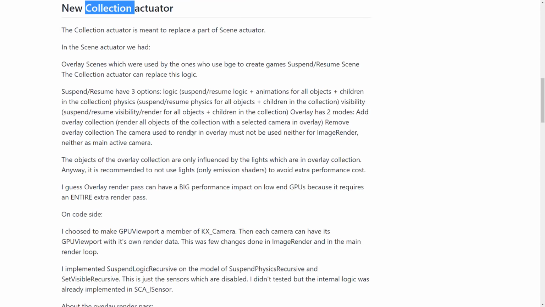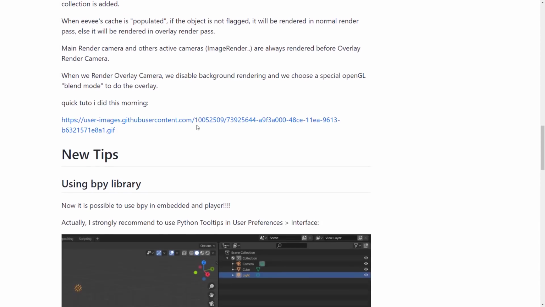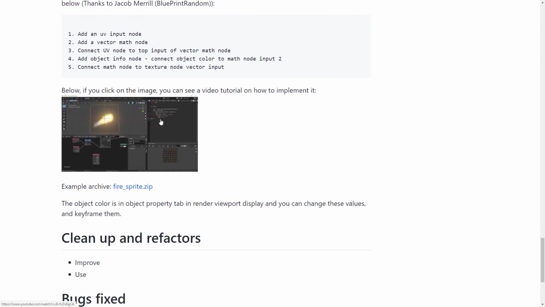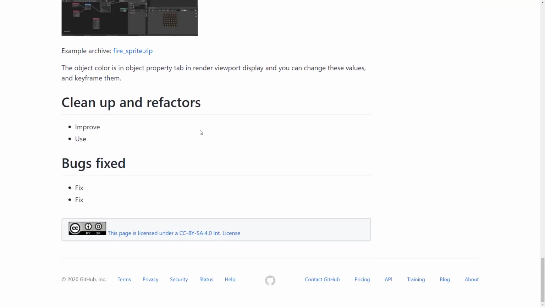Collections were added with 2.8, I believe, and give you much more advanced control over how your scene is organized and so on. So it's definitely nice major improvements there, and then other improvements across the board. This is definitely a thing that is being actively updated, and that's obviously very important because there's another option